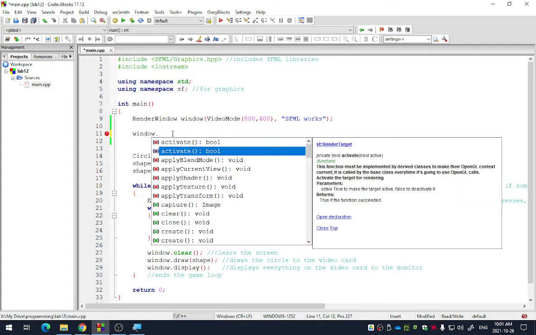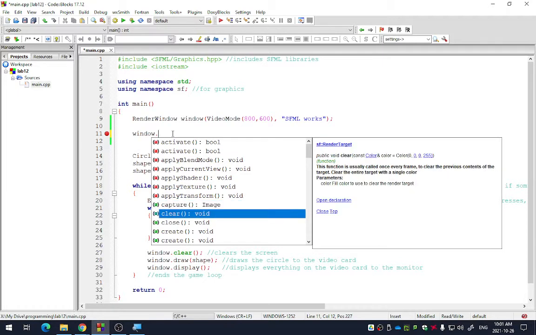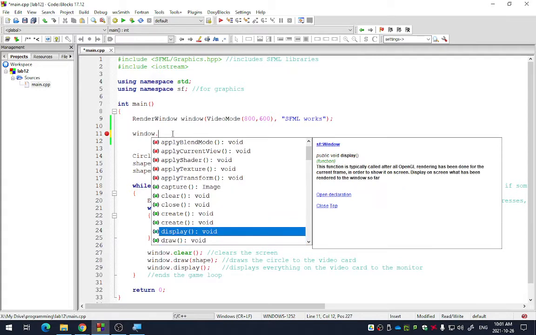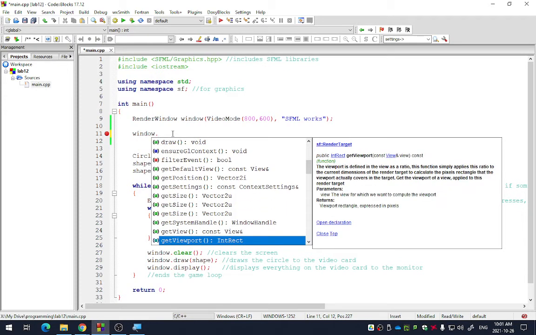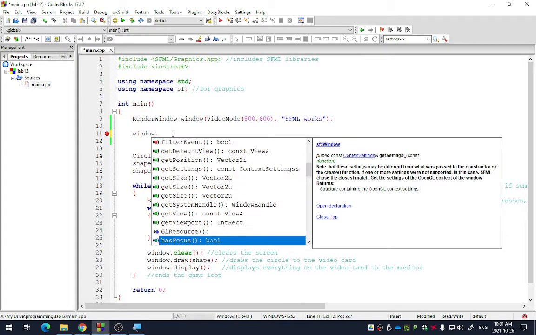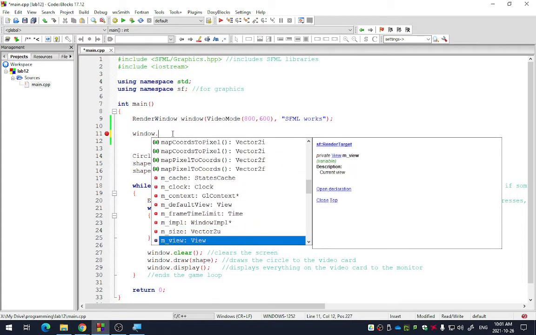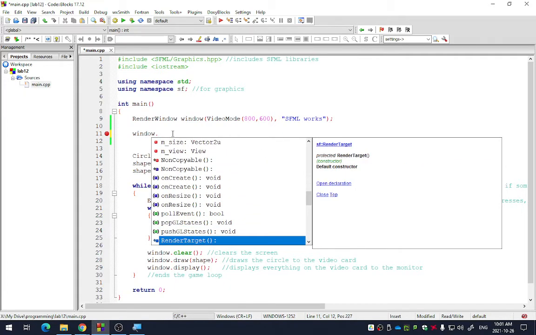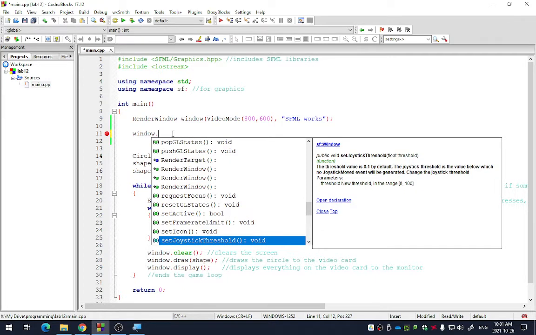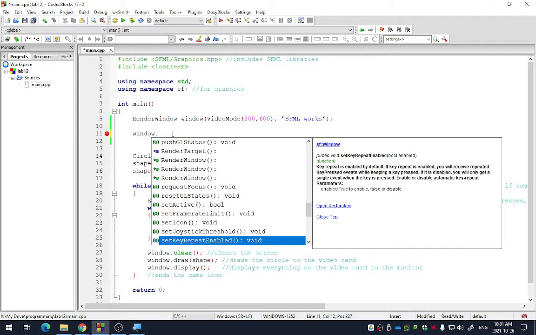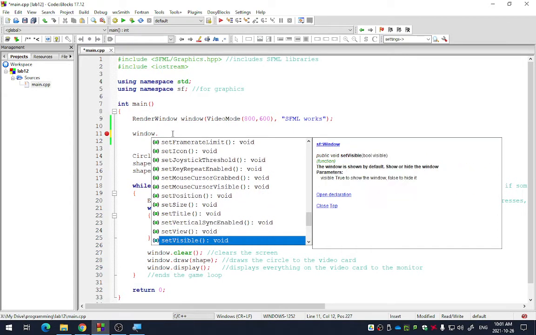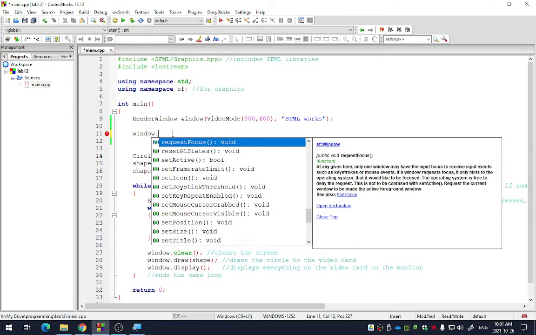If I hit window dot, you can see the red ones I can't use, but the green ones I can. There's a clear, there's a close function, there's a create function, there's a display function, there's a draw function. There's a get view, get size, get settings, get position. What was the set frame rate limit one? Let's read that one and see what it says. All the green ones are ones we can use. Set icon, you can even make an icon for it. You could set a joystick thing, set mouse, set position, set size, set title, set view, set frame rate limit,